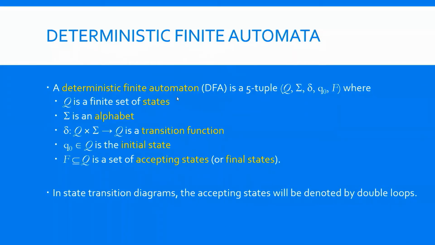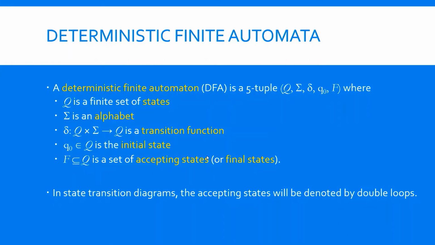So DFA, in my last class, whatever we discussed, a DFA is a 5-tuple; 5 components are there. Q is called what? Set of states, because states are needed. Then sigma is an alphabet. Delta is the transition function, the main algorithm part here. And Q0, out of many states, is the initial or starting state. And F is the set of final states or set of accepting states.